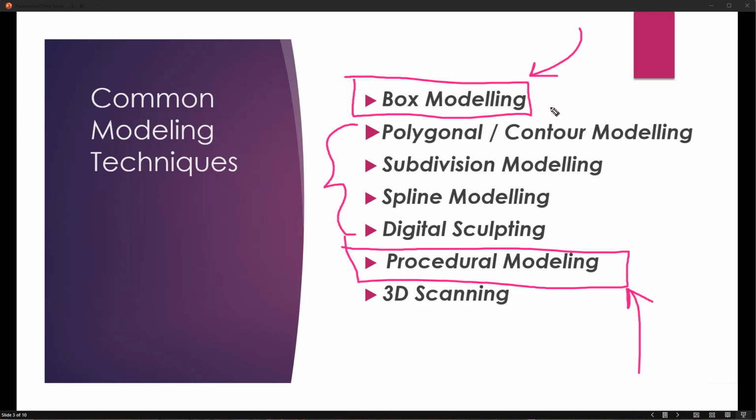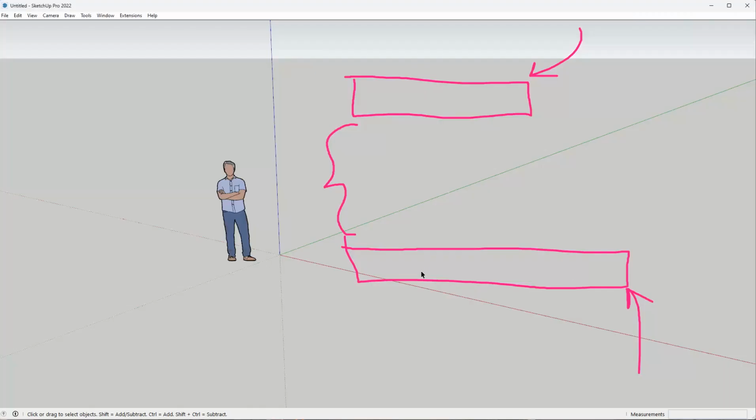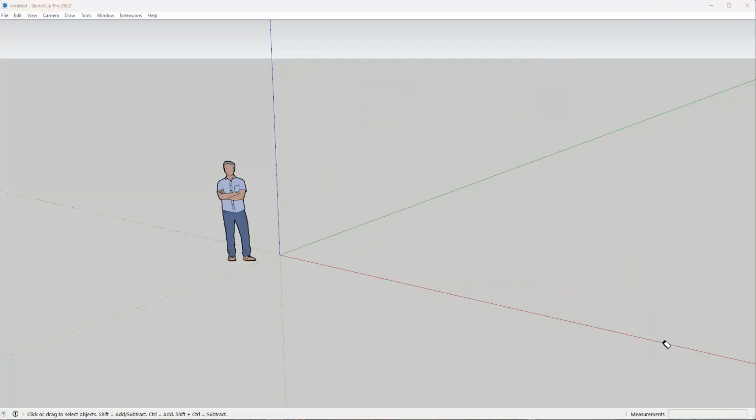All right. Just like if you're trying to use SketchUp to do procedural modeling, it's not going to be able to do that, right? And I can give you an example here. So for example, if I have a SketchUp model,